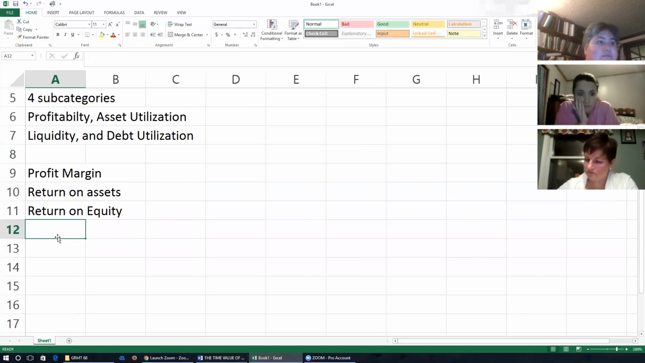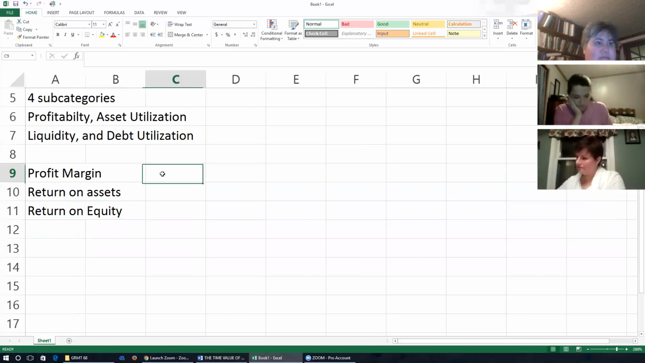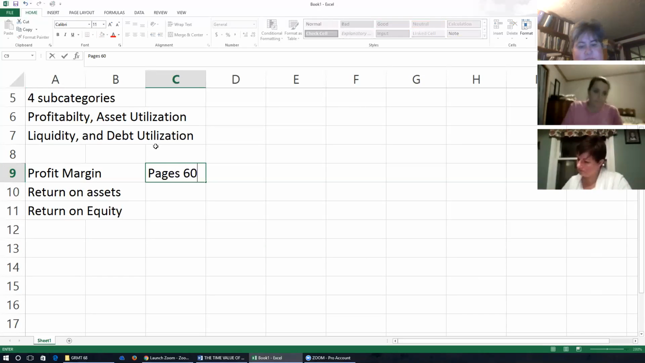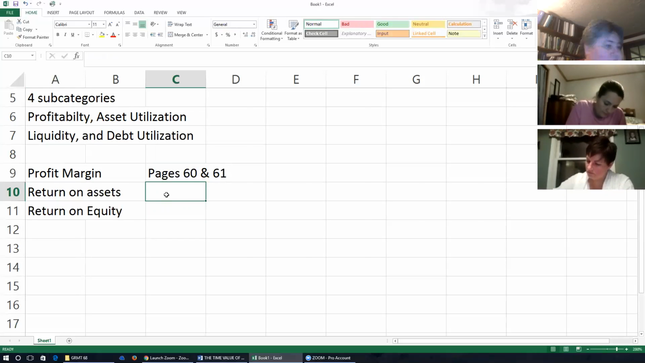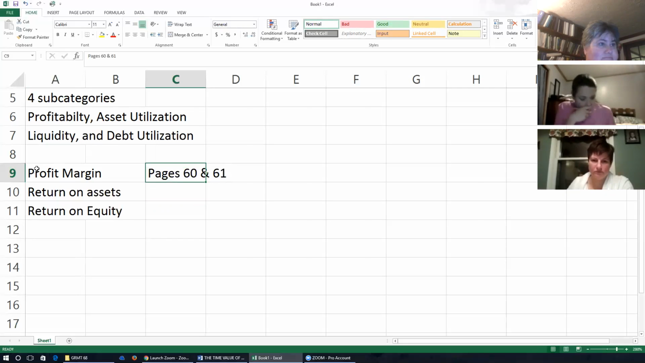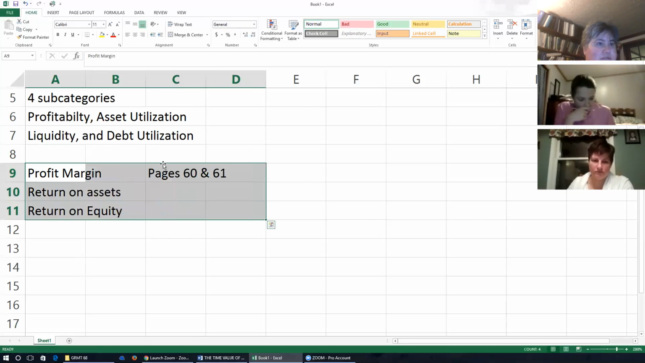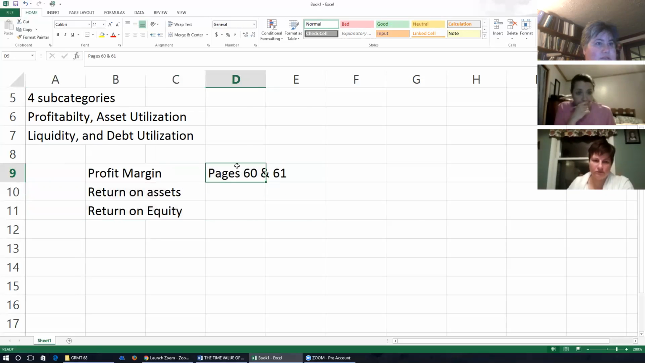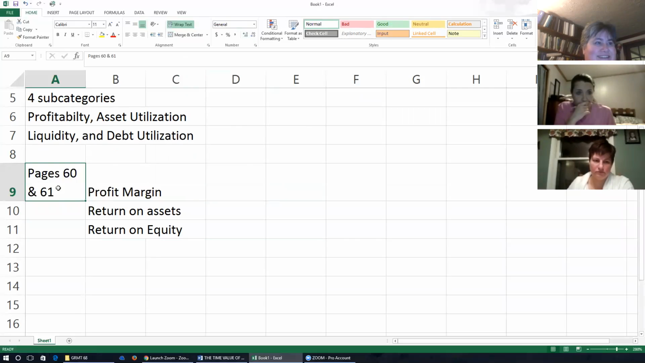Okay, so the formulas for each of these are conveniently highlighted in the book. So these first 3 are talked about in more detail on pages 60 and 61. You'll see the formulas are given. Profit margin's pretty easy. Let's see, where can I put this? You know what, I think we'll just shove all this stuff over a little bit, give ourselves some room. Put this here and